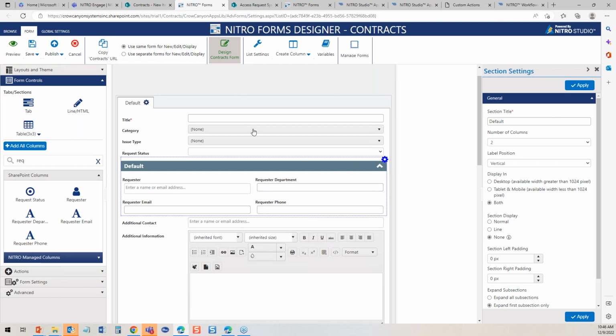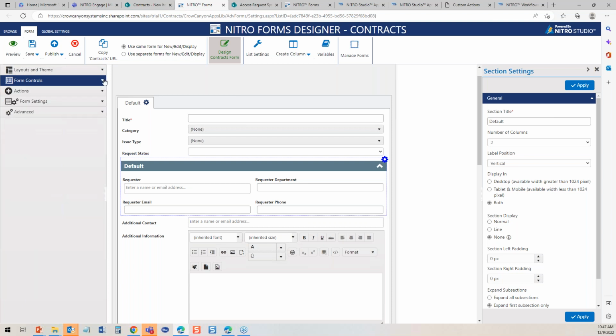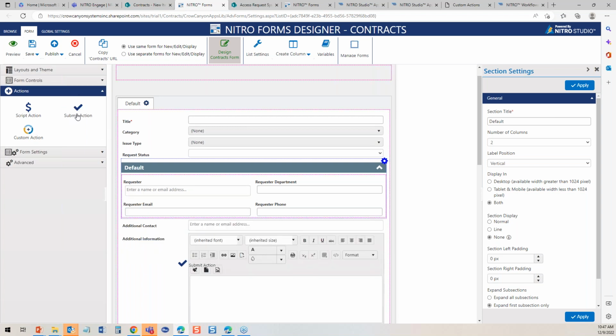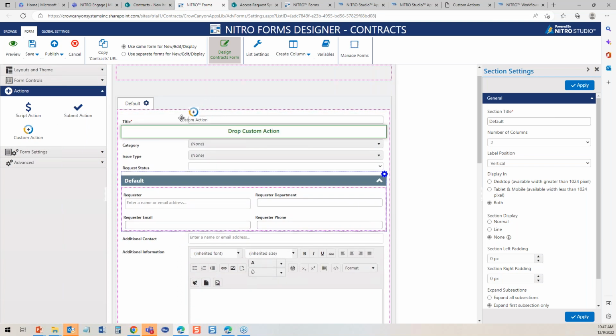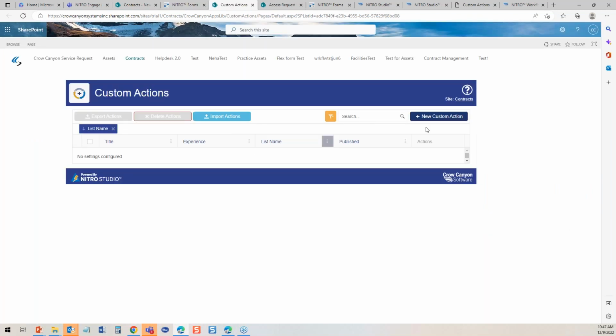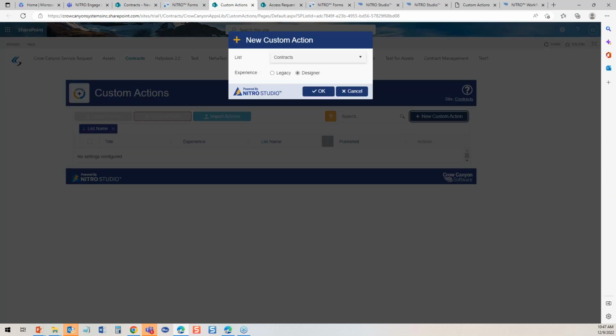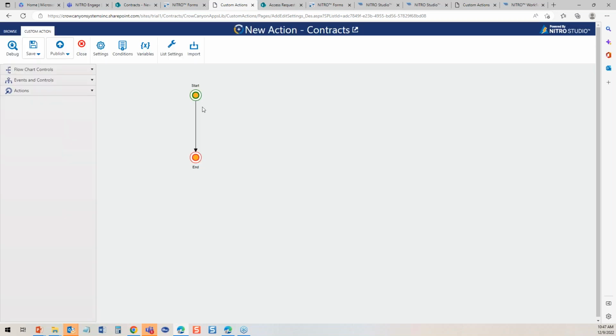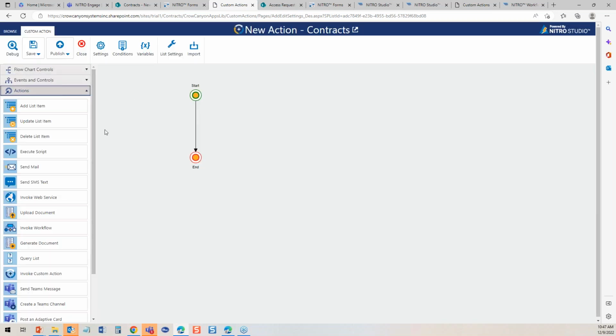So then what you do after that is start putting on some workflow functionality. When it's submitted, do this. When you want to escalate, do that. So let's put a custom action on this form. You go over here and you can select which custom action, but none exist yet. So you go to custom actions and start building a new custom action in our designer mode. And now you can put a custom action in quite easily that says, when that's submitted,